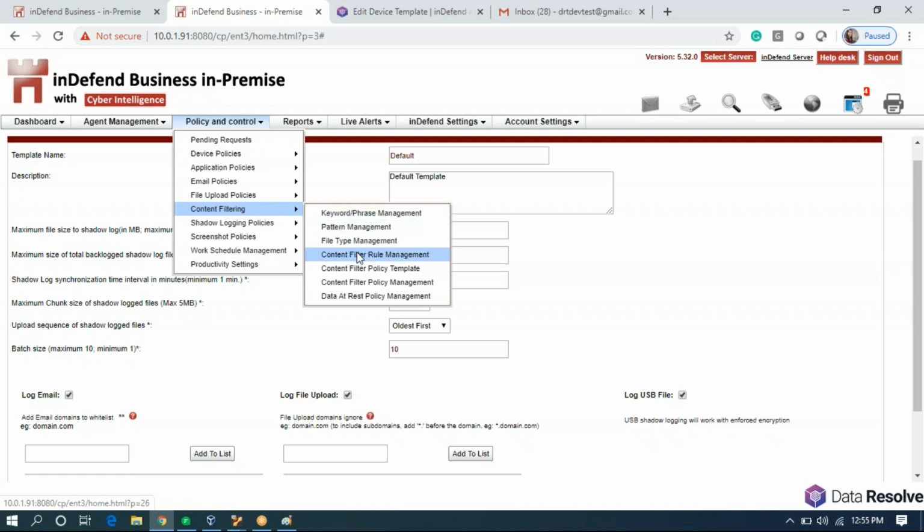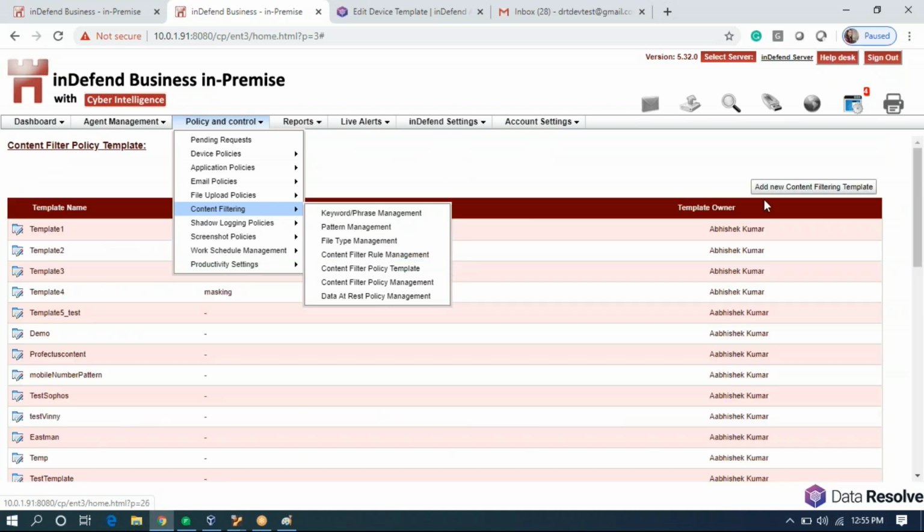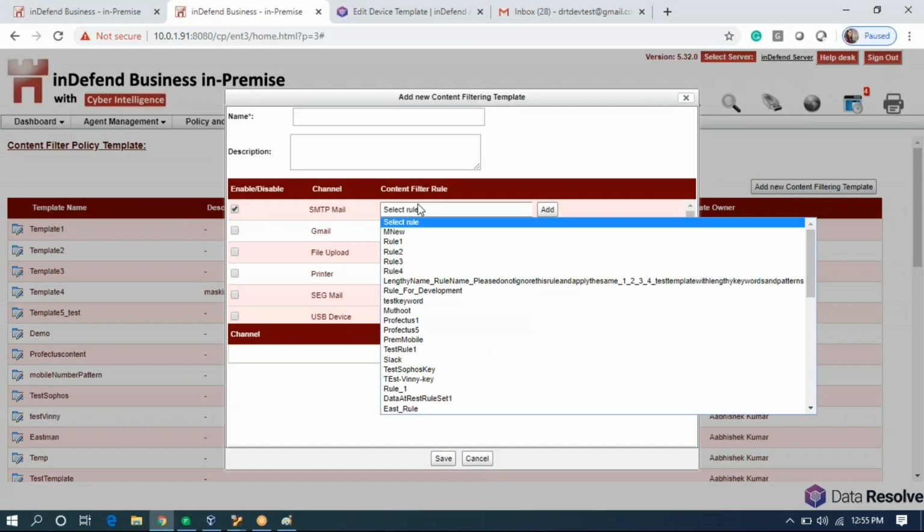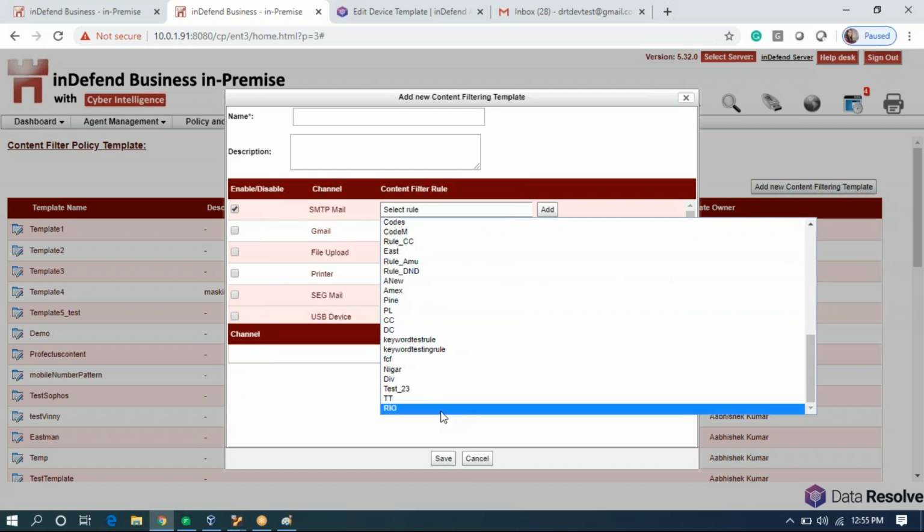So once the rule is created, the first thing that I will demonstrate is content based alerting, that only alerts should come and no blocking should happen. So we'll go to the fifth part, that is content filter based template. In content filter based template, you can define on which channel which content filter based rule should be applied.